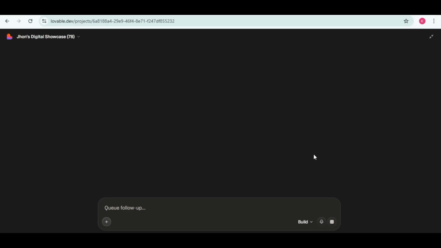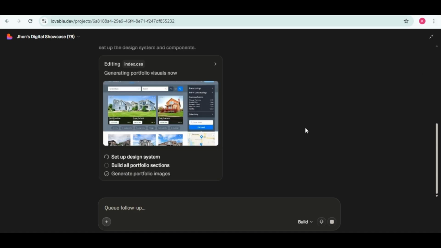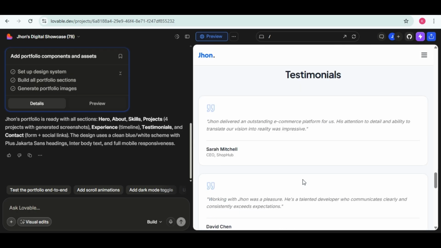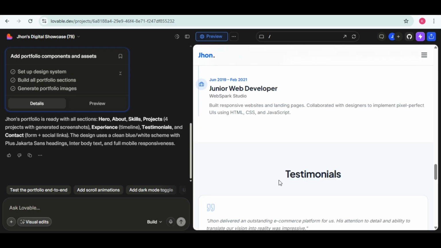Next, the website will start processing. Let's wait a few minutes. Once it's ready, check to ensure all your information is correct. If you need to make any changes or additions, just type the prompt for the specific part you want to